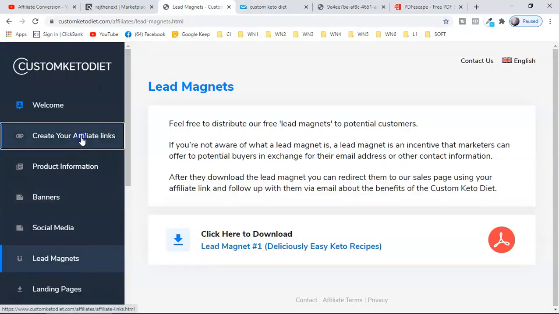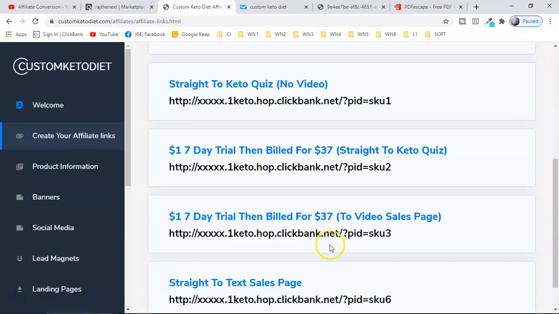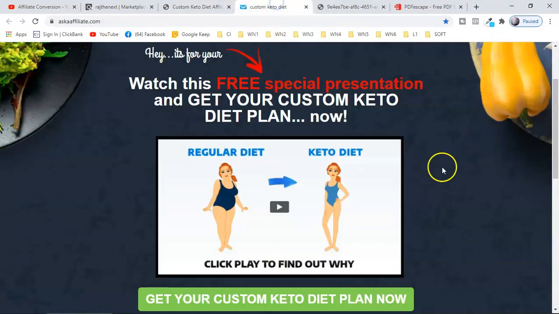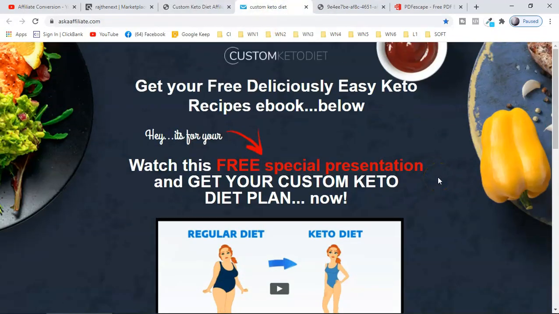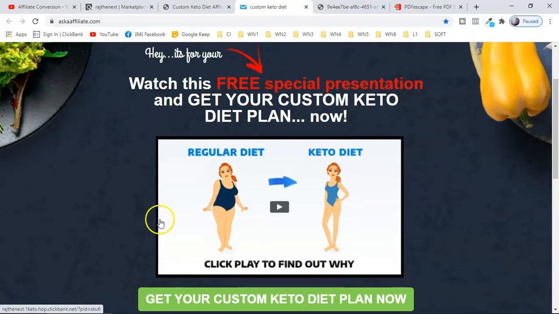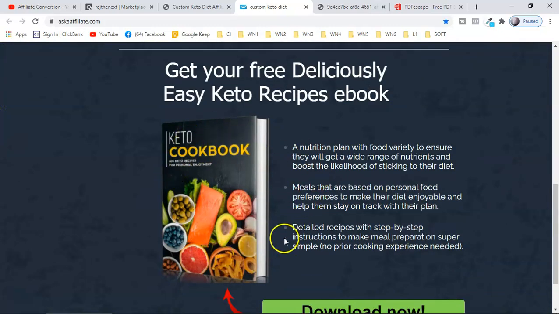Now you're promoting this product. Here you can see they have the sales page or the video sales letter. You can send them directly to this. So in the name of this free ebook, you're also trying to send your audience to this video sales letter. If they click here, it will take them to the sales page. If they buy, you'll make a commission. Or else, guys, they are just going to download the ebook.